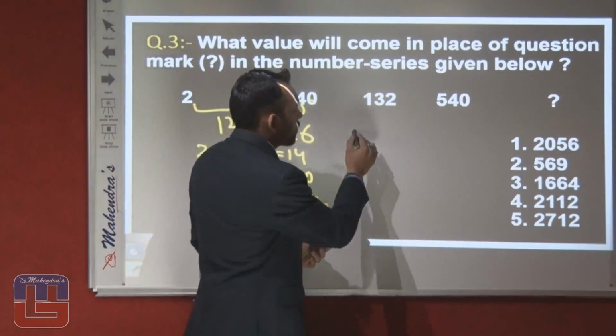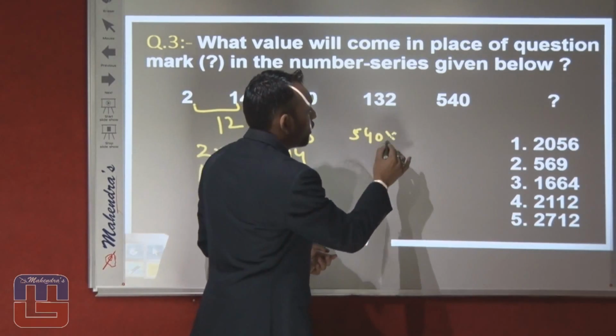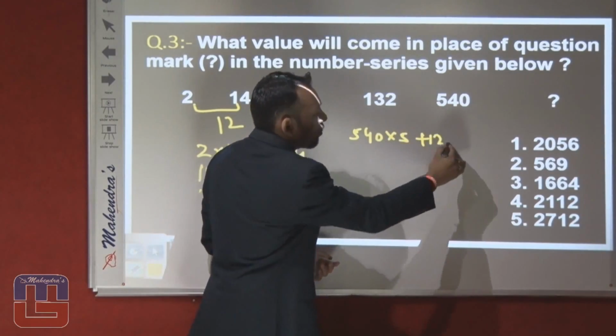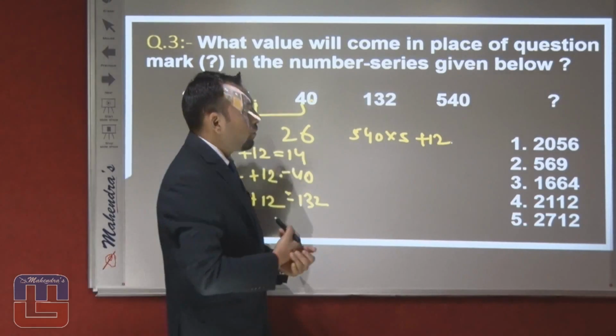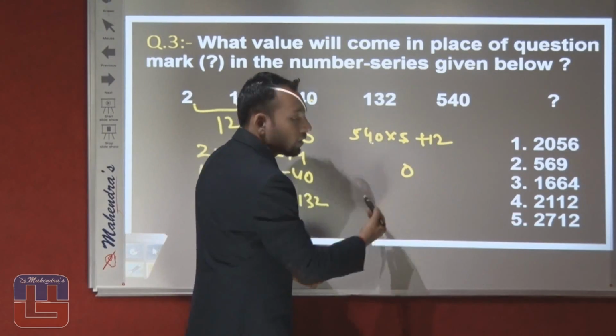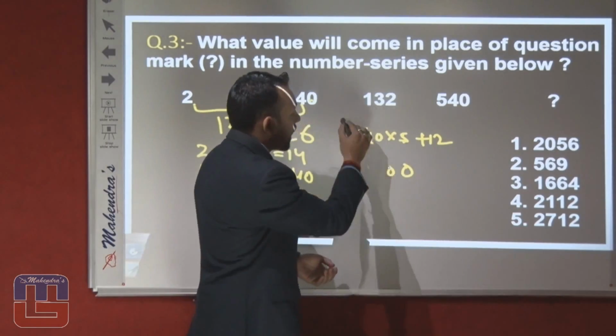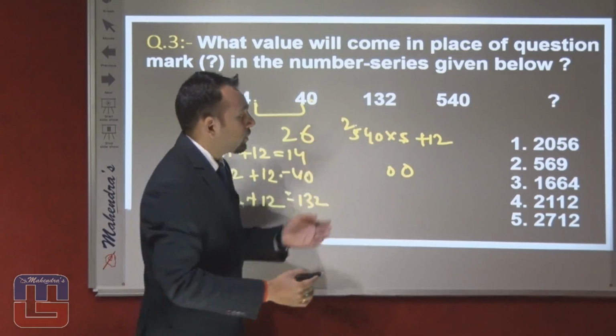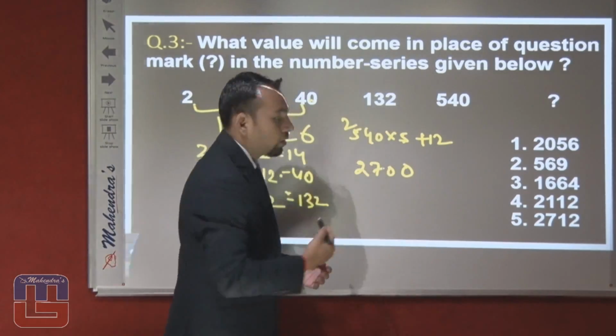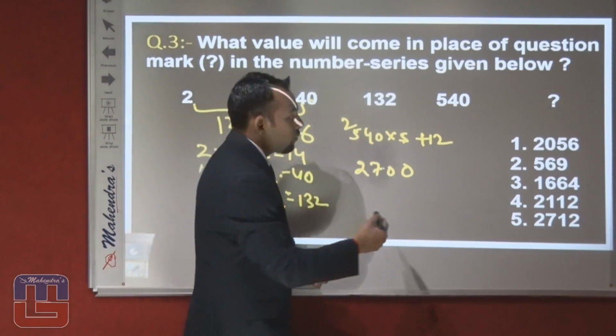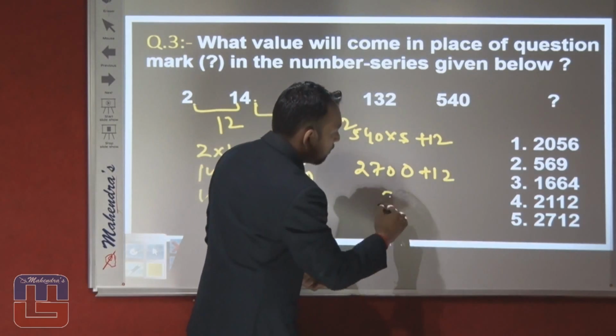So the answer will be 540 into 5, and you have to add 12 more. Now see, 5 into 4 is 20, 0, carry 2, 5 into 5 is 25 plus 2, it will become 27, and then you have to add 12, so the answer will be